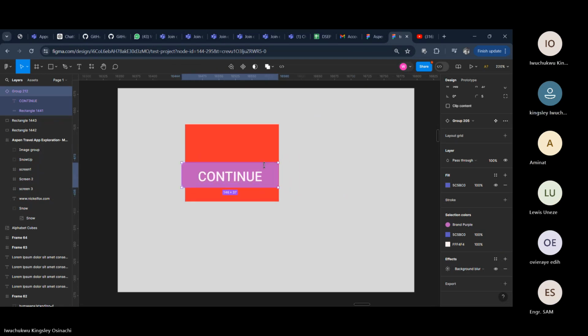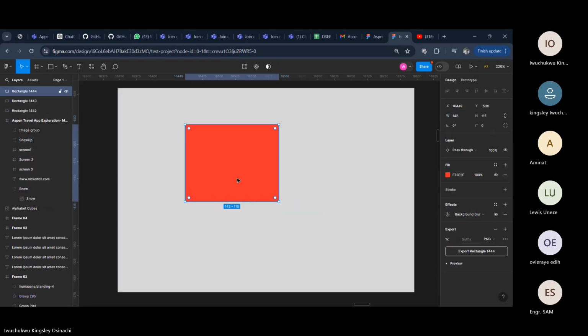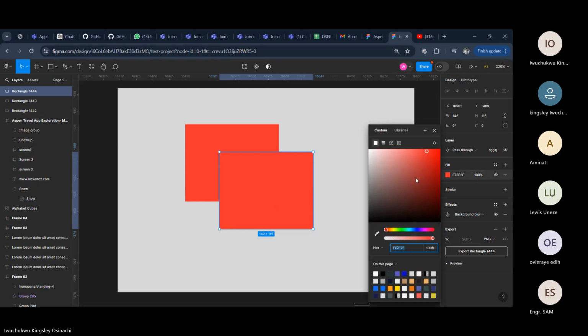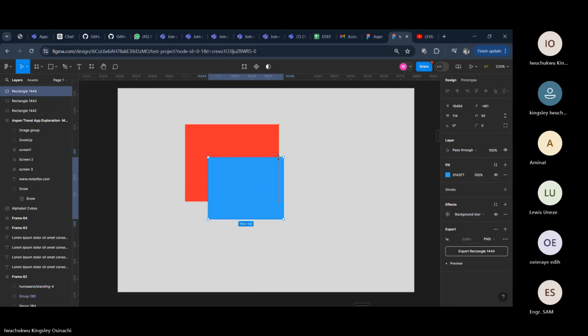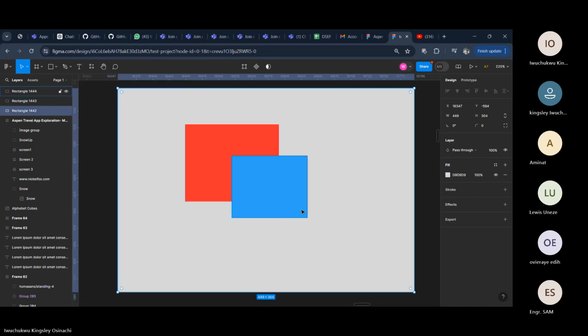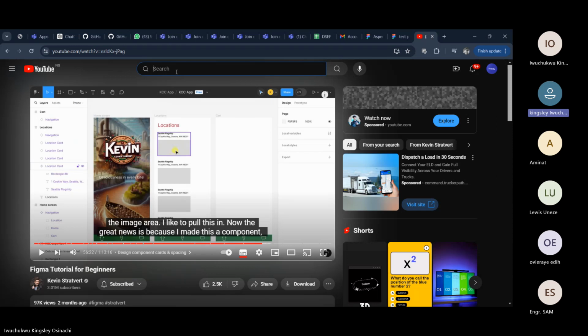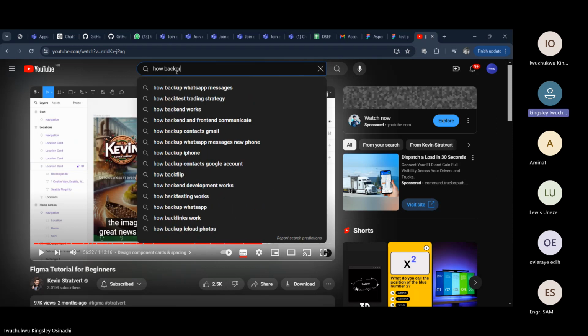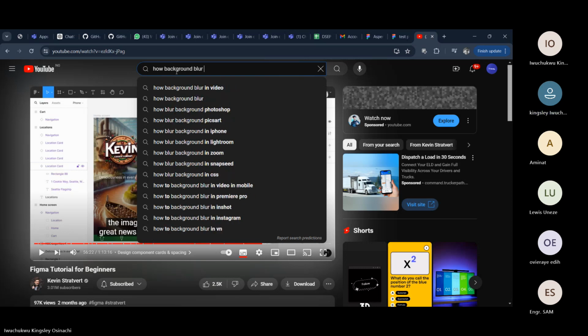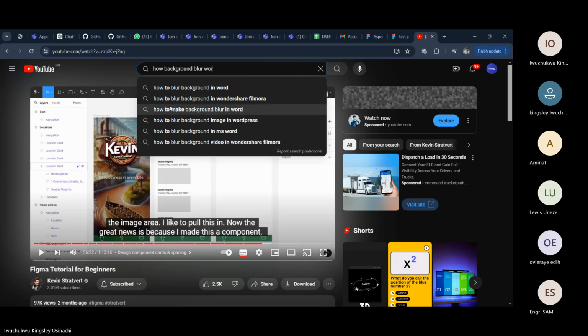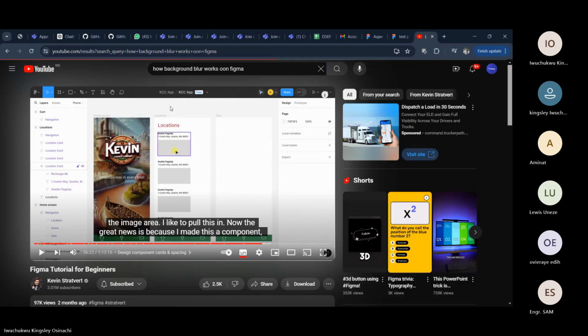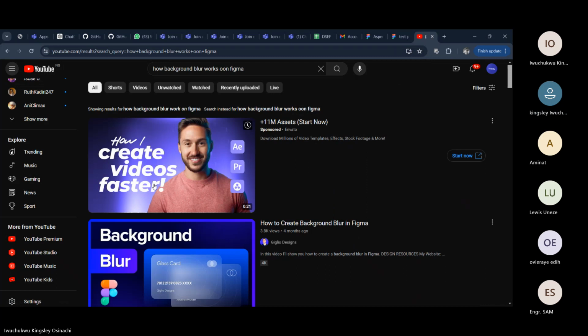Looks kind of it's not really background blur. Yes, which This sounds